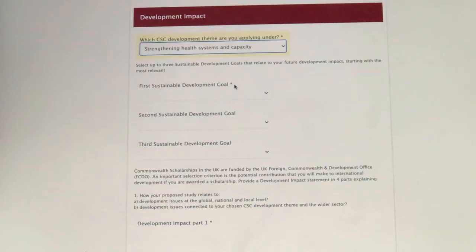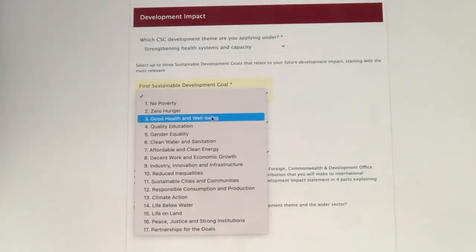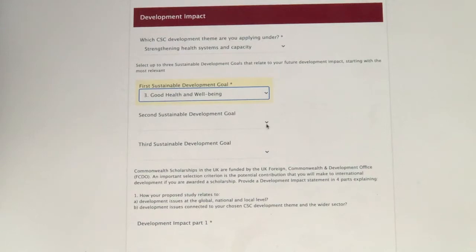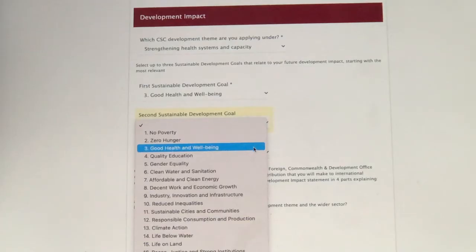That's what I'm well conversant with. That's what I applied for in all the applications I've done. First, sustainable development goal. There are so many SDGs, so you really have to choose the ones you like. And you have to be careful again here when you're choosing these goals. But at least the first one you will choose should be pertaining to the theme. So I'll go to good health and well-being. Another goal can be, depending on what you're going to write about, and how you're going to formulate your essays. You can always choose any SDG, provided you can back it up with the explanations in your essays.